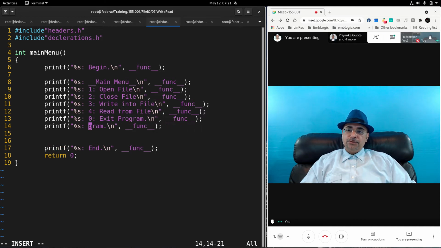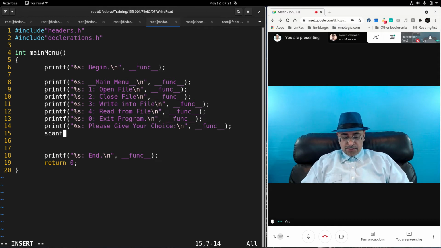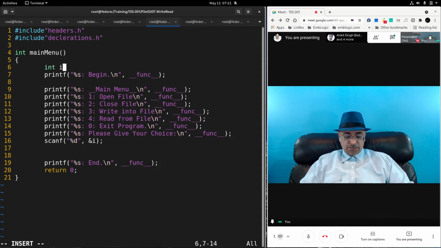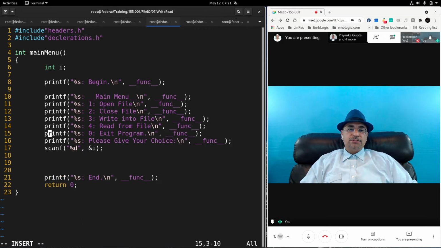Then you say enter your choice, please give your choice, and you will enter the choice in an integer variable. Say i is your choice. Okay. Now let us first prepare to exit. If your i is equal to 0, that means your choice is exit. So you will call the exit function